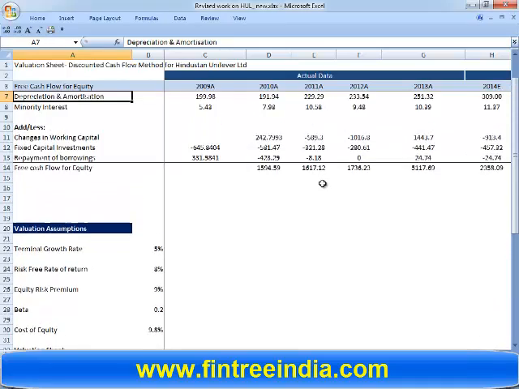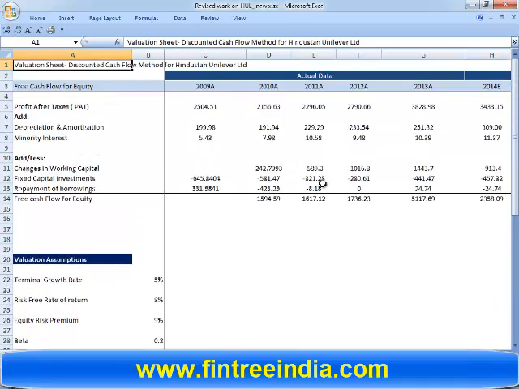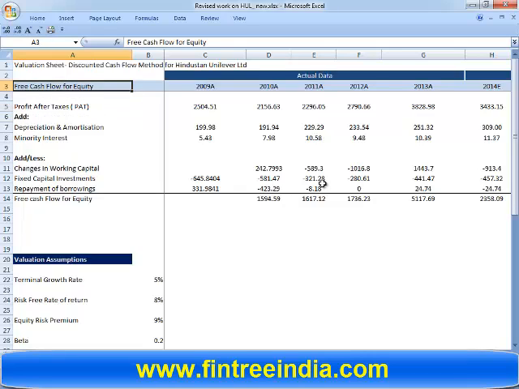In the next reading, you would be getting some understanding of this. I think you must have studied this in your accounts somewhere. Free cash flow to equity. You haven't studied it? Okay, fine. So